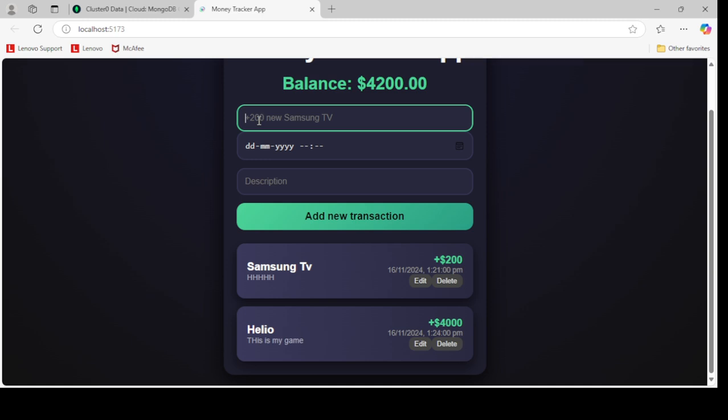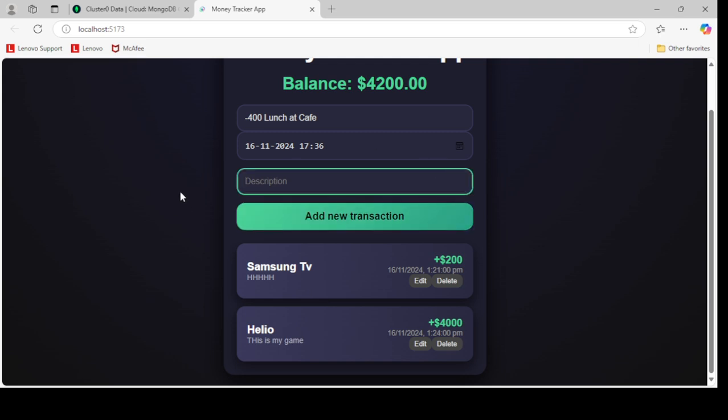Let's add a sample transaction. I will add right here 400 plus, lunch at cafe, minus, and today's date, and then a description as anything you want. Okay,